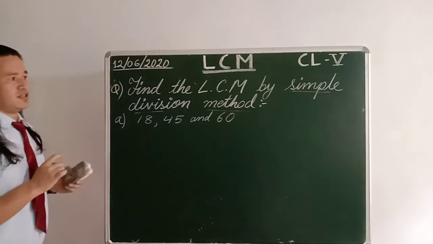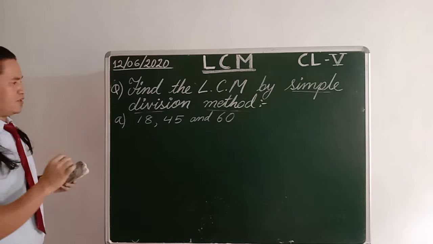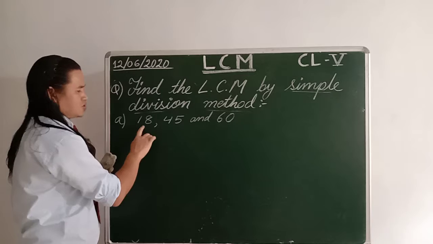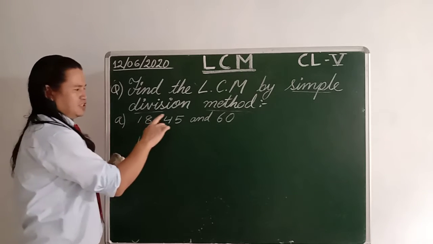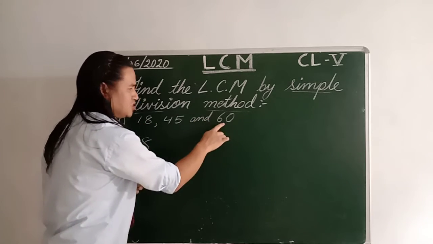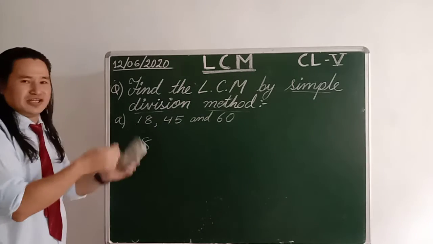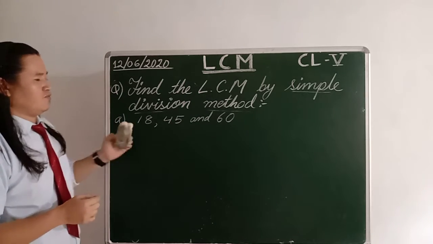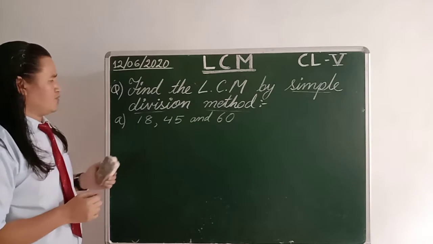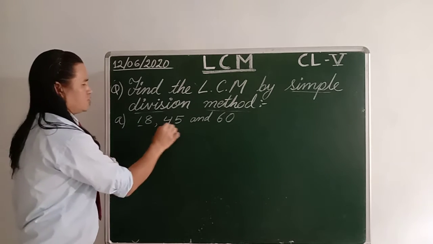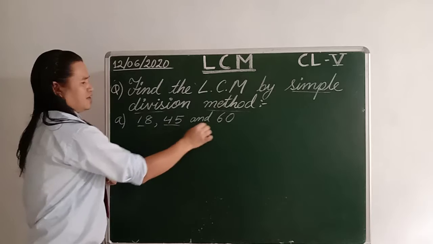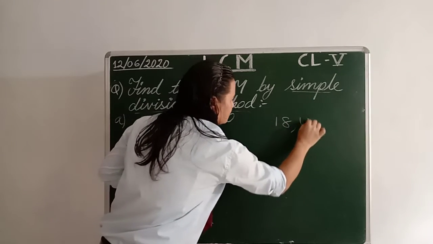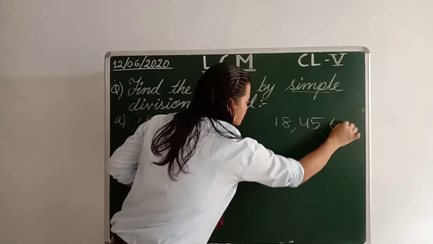Now in the previous LCM, what we were doing, we were finding term wise. That means first finding all the factors of 18, then again 45, then again 60. After that we were manipulating the numbers, finding the common numbers. But today we will not follow the same rule. What we are going to do here, we will take all the numbers together, like 18, 45 and 60.